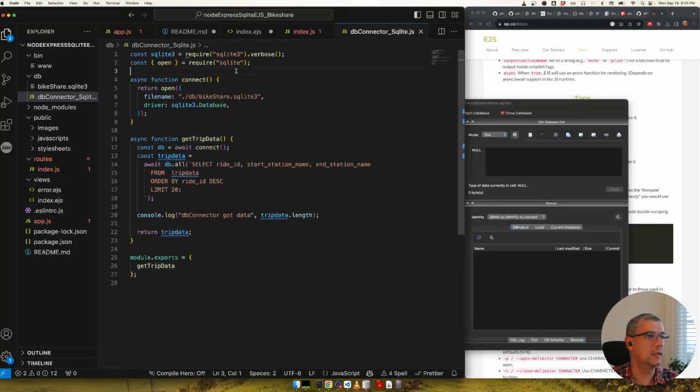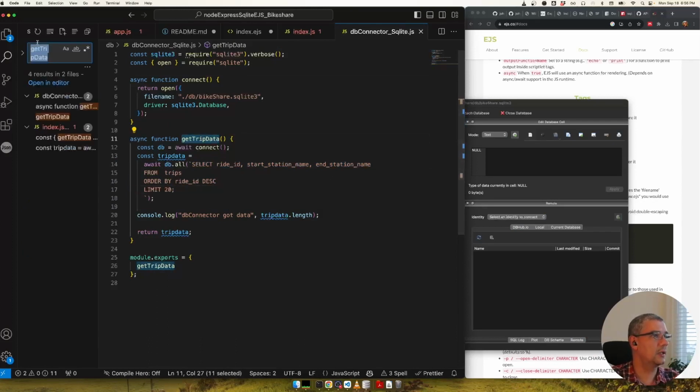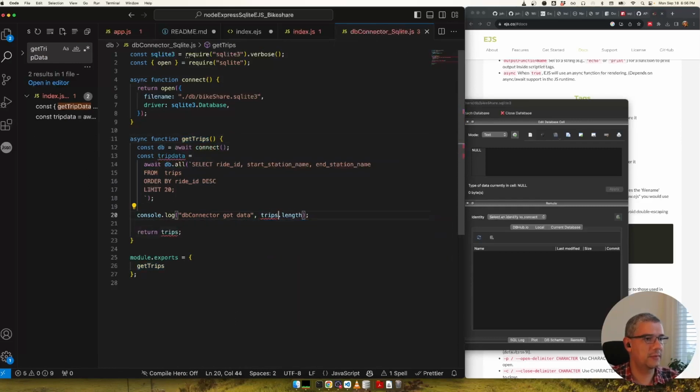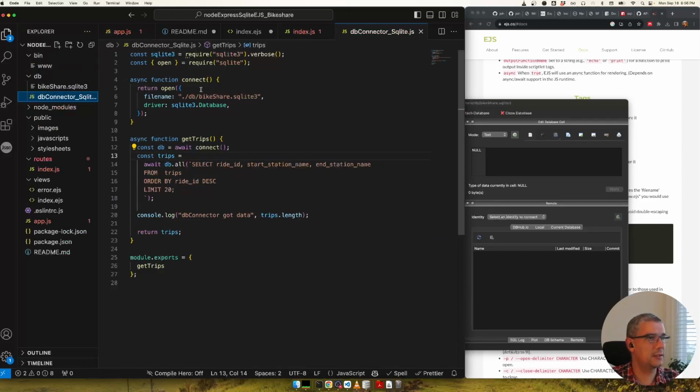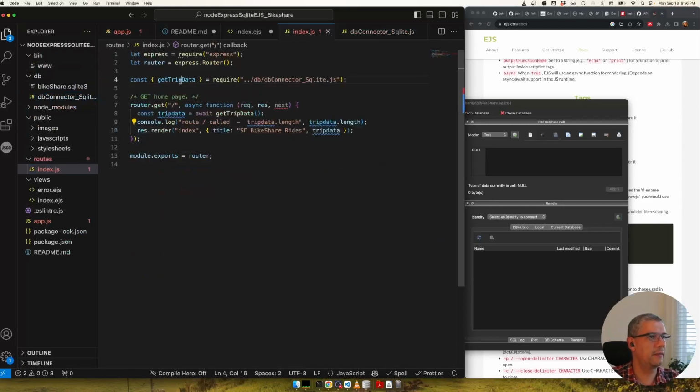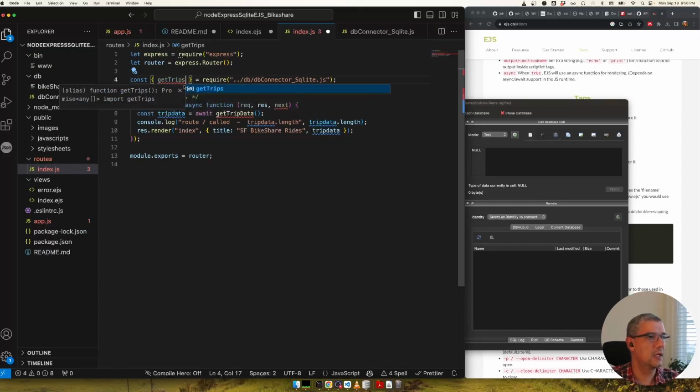So that's good. That's the one that I'm going to copy here. I'm going to change, actually, let's call this get trips, and then I'm going to change this for trips. And I missed this one. Okay, so since I changed that in here, I need here in my routes, I need to get the trips, and then let me get rid of this that we are not using. I'm going to this one as well, and then